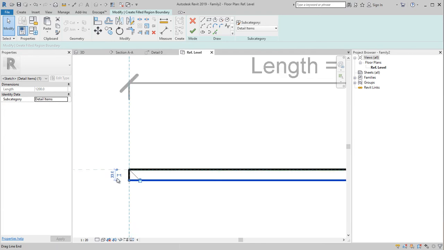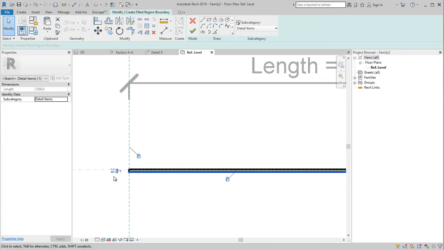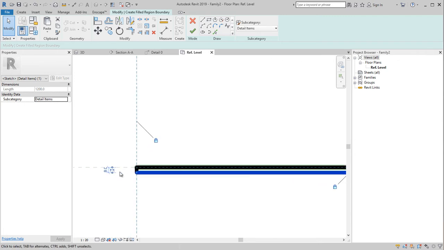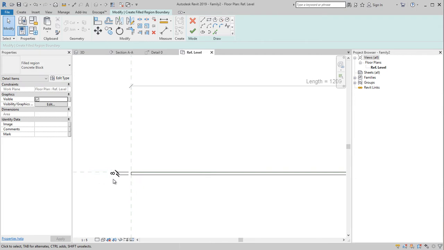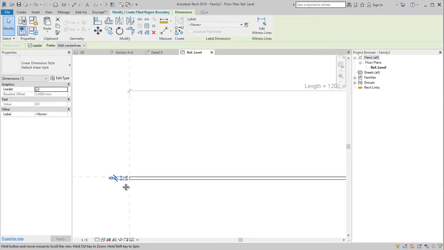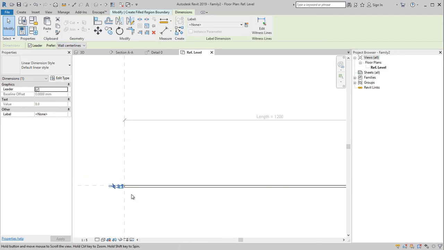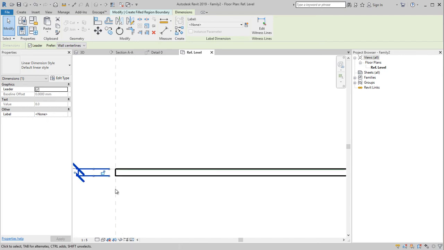I want to have my thickness to 8mm. So I change that into 8. And instead of locking it to 8mm, I would like to have the opportunity to change the 8mm in my project. So instead of locking it, I select the dimension or the temporary dimension and make it into a